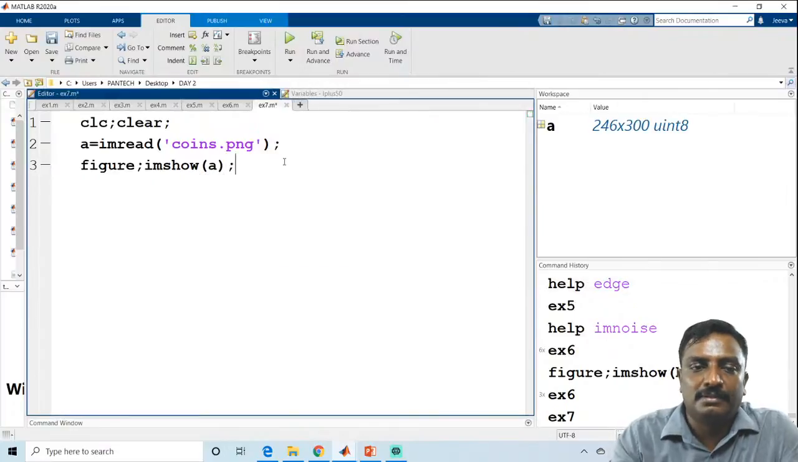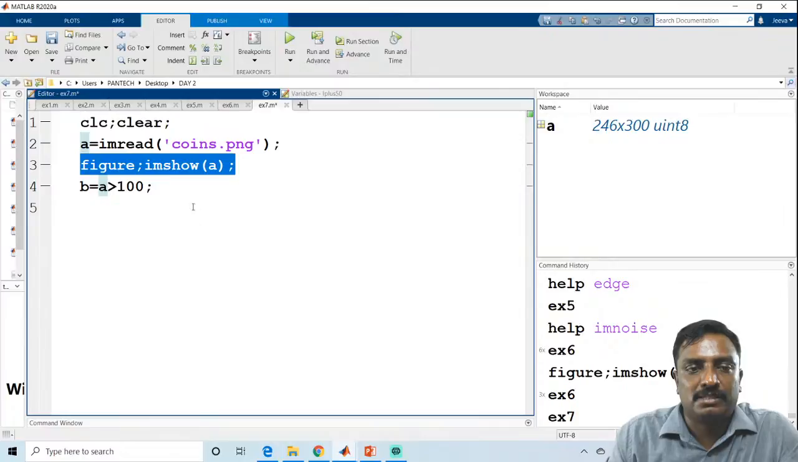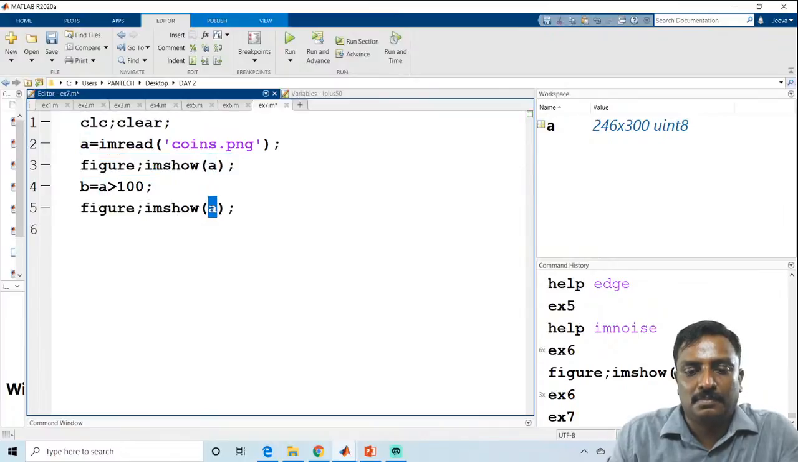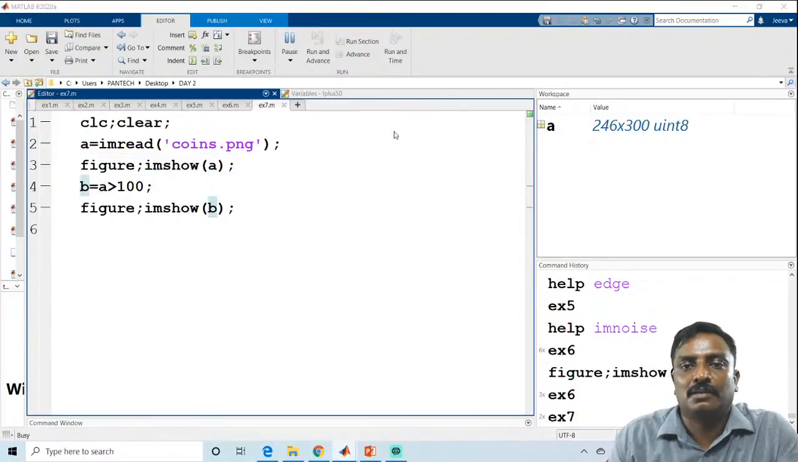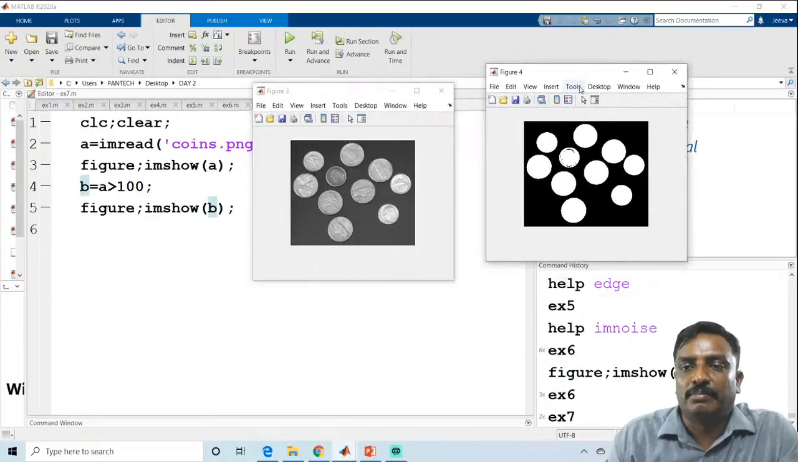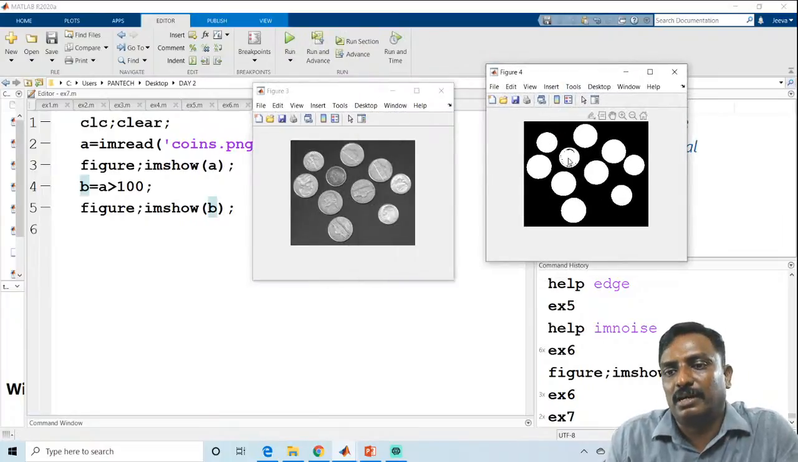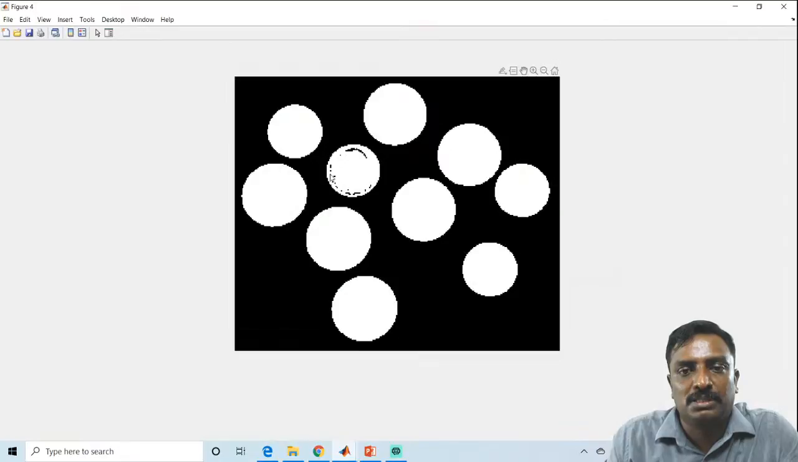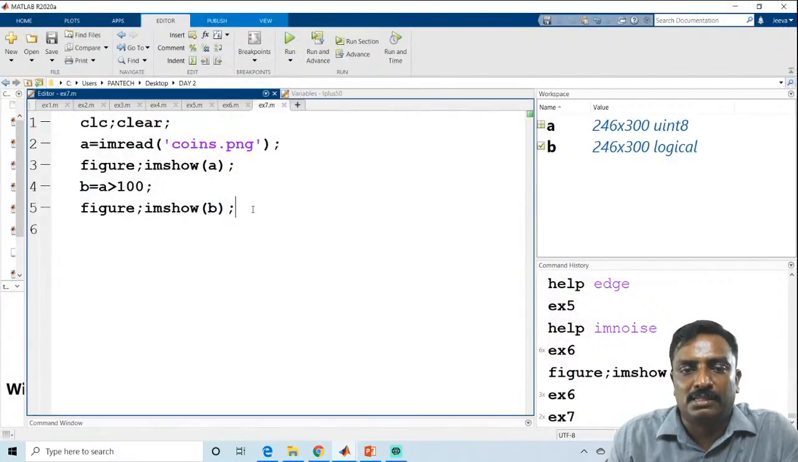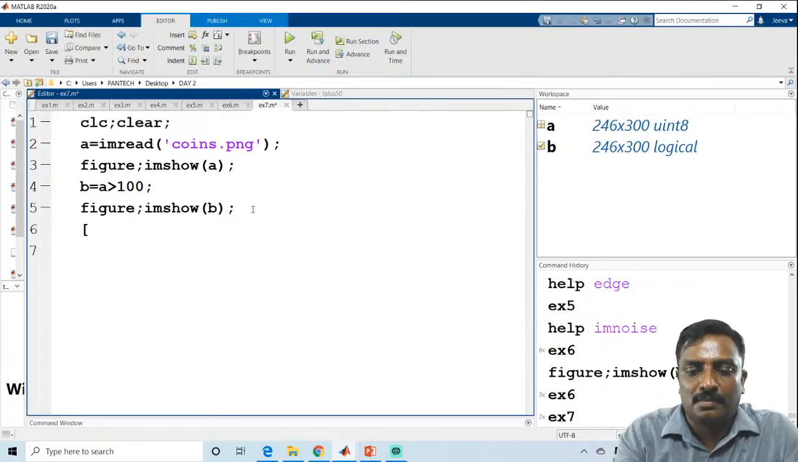I'm going to apply binarization. B equal to A greater than 100. Now I'm going to show you the binarized image. So this is the input image and this is the binarized image, and it has some noise over here. If you count the coins now,